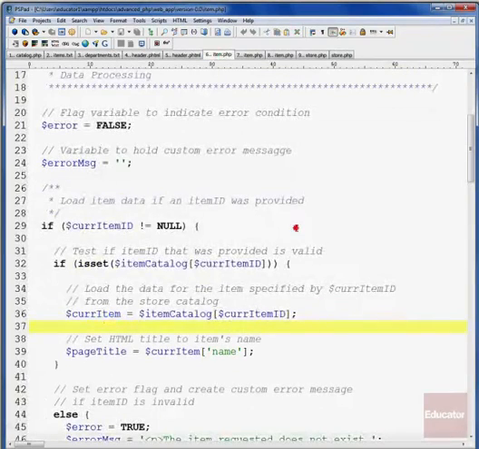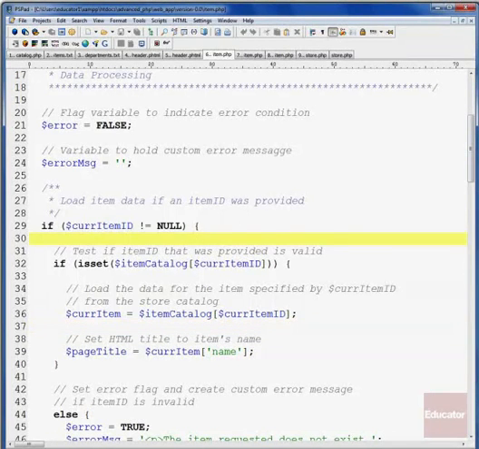Whereas in the previous version of item.php, we actually loaded it from that static array, item catalog. So I'm not going to go over all of the different examples. There are many different spots where these new functions are used throughout this version of the web app, and you can see them on the changelog. But these are just a couple of examples of how these functions that we've created are used